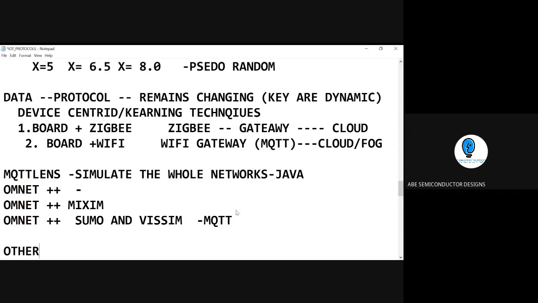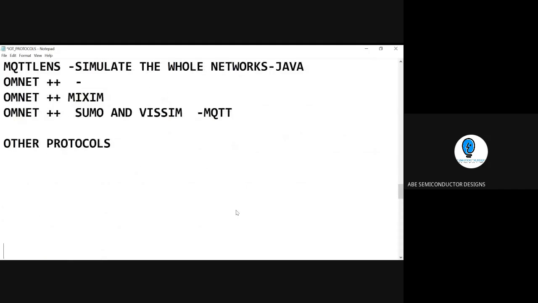Other protocols. This is COAP, another protocol which plays a vital role. It works on the application layer. So the application mechanism which comes into the picture is this.